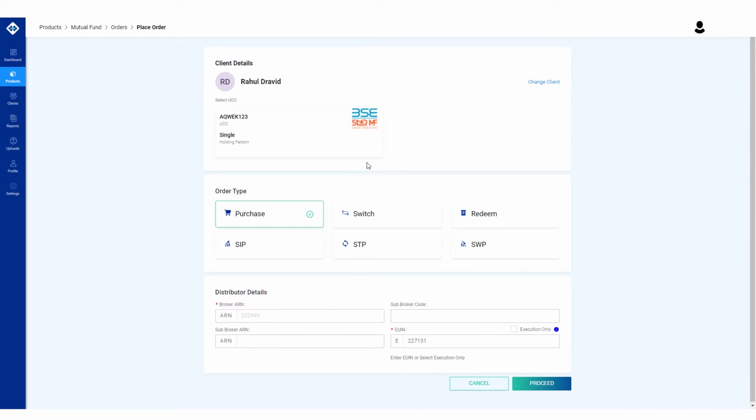Select the UCC. Choose the order type. Input your EUIN number or add a sub-broker code for placing an order on behalf of an associate. For an employee or associate, the sub-broker code and ARN fields auto-populate from their respective profiles.